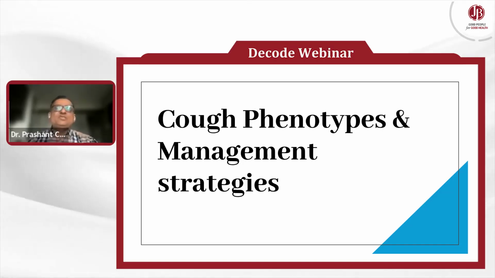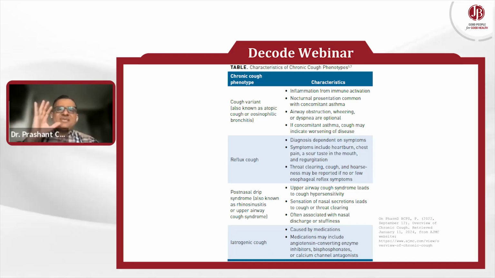What are the phenotypes, and what are the management strategies that we can use for cough? This is an extremely important slide for clinical practice. So chronic cough phenotype: you can have cough variant asthma, or you can have eosinophilic bronchitis. What happens here? There's inflammation, and a nocturnal presentation of cough with concomitant asthma. The cough is more at night, and the wheezing or breathlessness